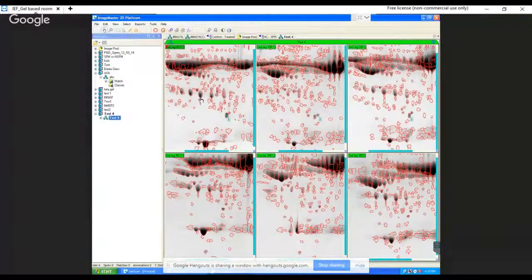Now if you want to compare those spots, just click on the spot. Then go to report.